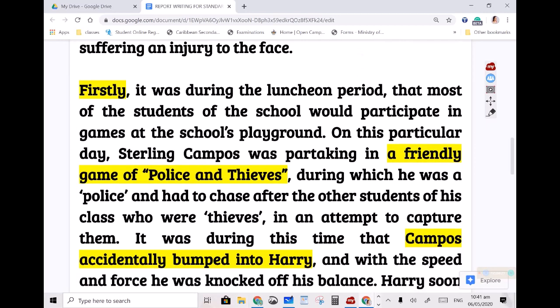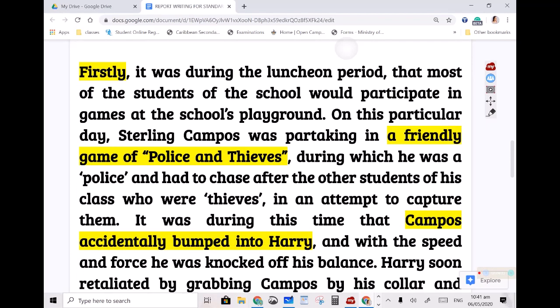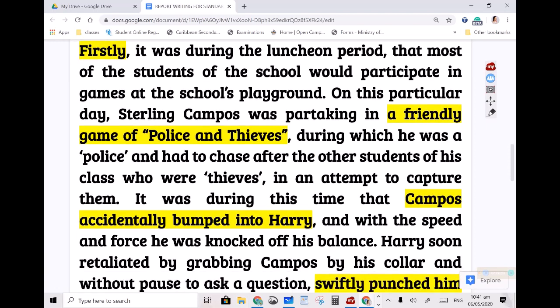So as I said, for the Standard 3 report, we are just seeking to make sure that they write three paragraphs at this point in time. So we are moving on to the second paragraph. Now, one word that I highlighted there was firstly. I'm going to read through it and then we'll come back and go through some of the important aspects in this paragraph as well. Firstly, it was during the luncheon period that most of the students of the school would